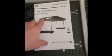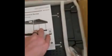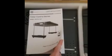These are the stands that you can hang on tanks that have rims, which I hadn't decided yet how I'm going to do it. But there's that, instruction booklet, timer control series, Arctic T247, but the listing said that they were T247B. I don't know what that's about. This is just the instructions. I mean, there's so many how-tos out there that I already know how to do it without looking at the instruction booklet. But if I decide to use the stand, I will use this,